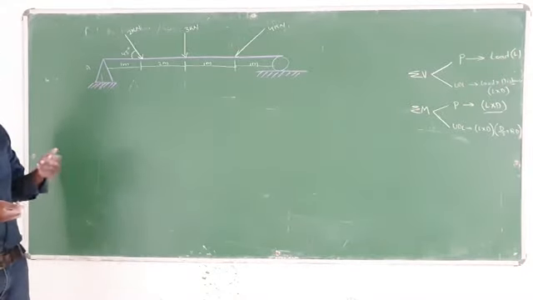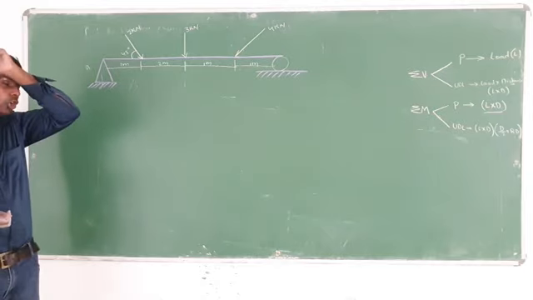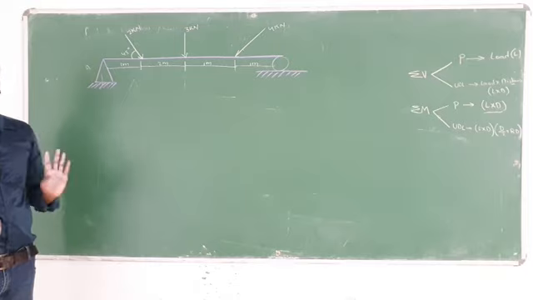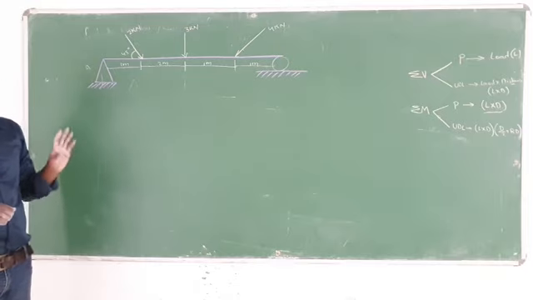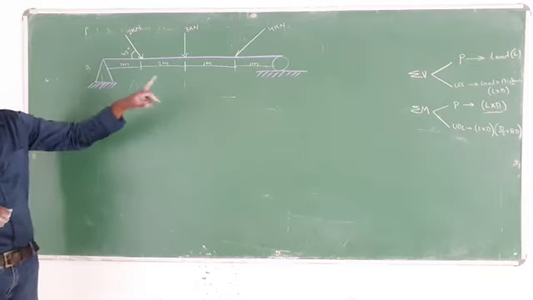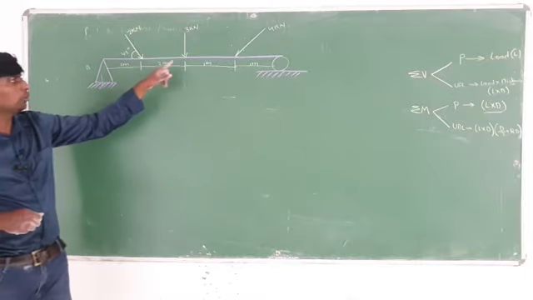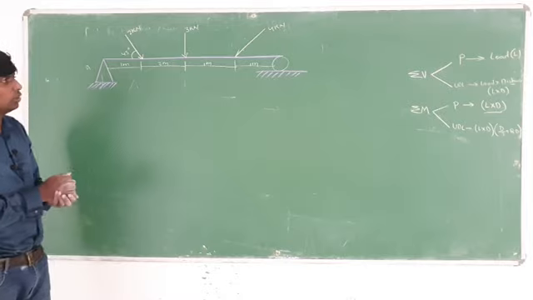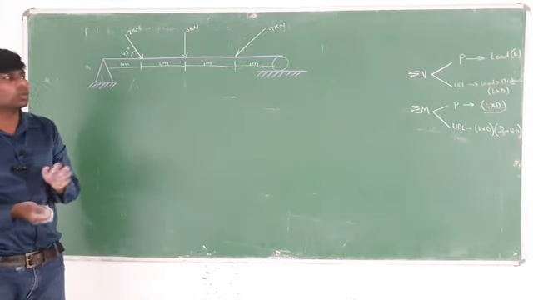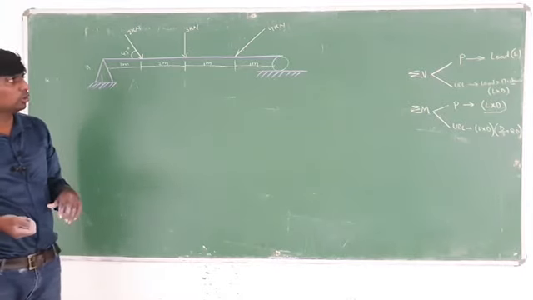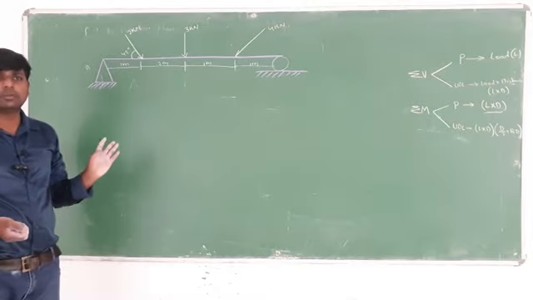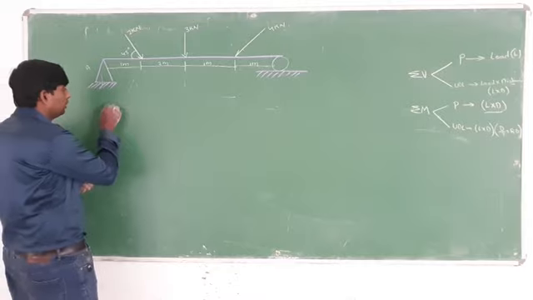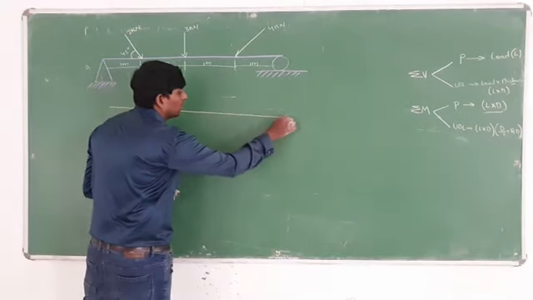He is asking to find out the support reactions, okay, like this will be given, with inclined force. In that, a mixture of all these things is there: flat support is also there, roller support is also there, normal load is also there, and inclined load is also there. Shall I add the UDL also? In the next problem we will add the UDL, otherwise it will become somewhat complicated for you. So what you have to do, you have to convert this one. Again you have to draw this beam like this with the same dimensions.